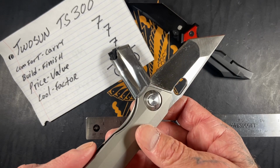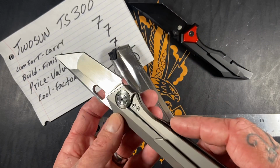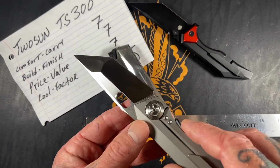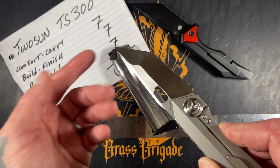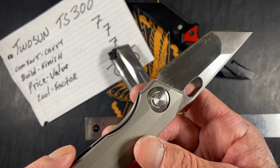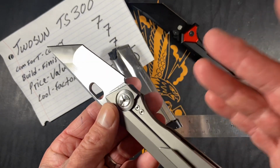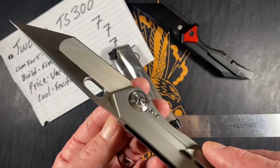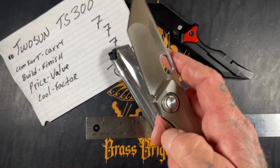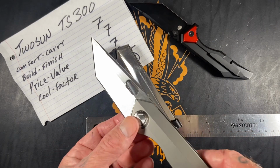Because for $99, every one of those scores would have changed. If it was only $100, you would be getting a lot for your money. But since I paid $220, I'm going to give it a 7, and the reason it's not getting a lower score is because I absolutely do know if you search hard enough, you're going to find these for like 150 and up, right? Again, I wouldn't be surprised if some people can find them for 120, if you get lucky on a bid that starts at 100, but I haven't seen these go for less than $158 as of recently. Not 2 years ago when they came out, but recently. So yeah, 7. Cool factor,